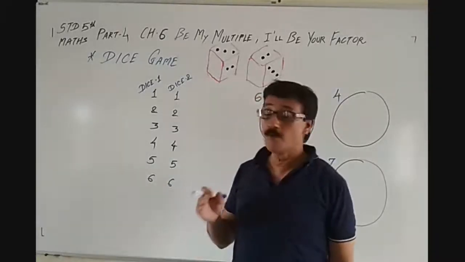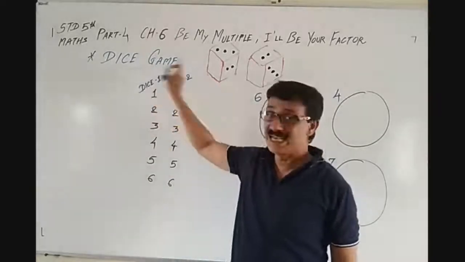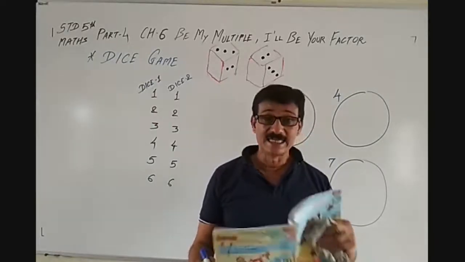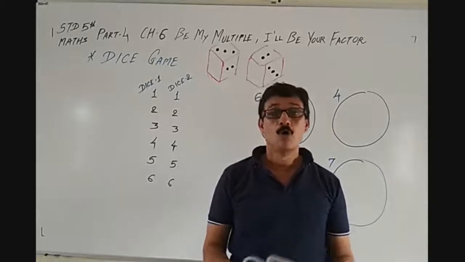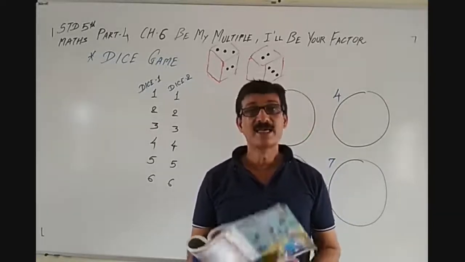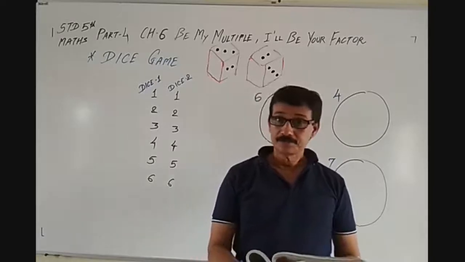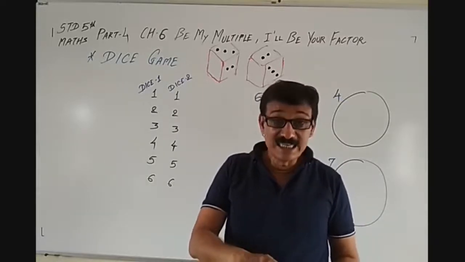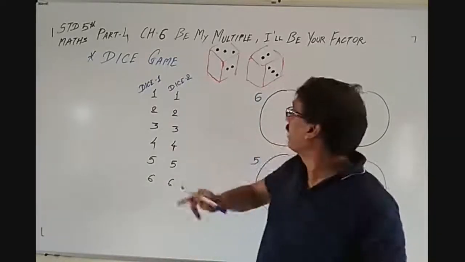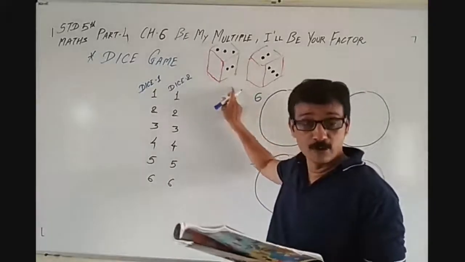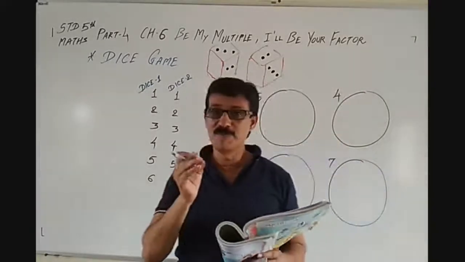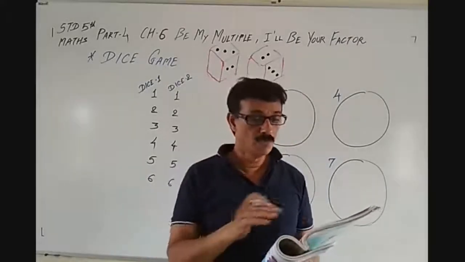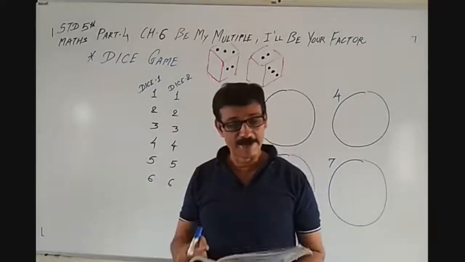Today also we will go for a new game, that is the dice game, and that is on page number 90 in your textbook. So open page number 90 in your textbook. First of all, have you ever seen the dice? You can see the picture of dice over here also. I hope you must have played with it, isn't it? So let's try to understand the rules of this game. Then after we will play this game.